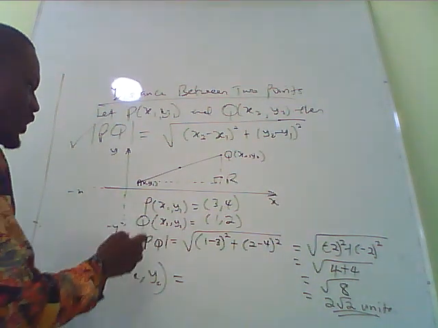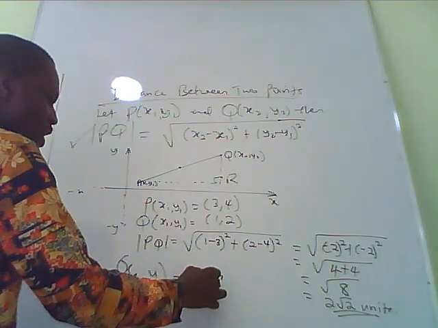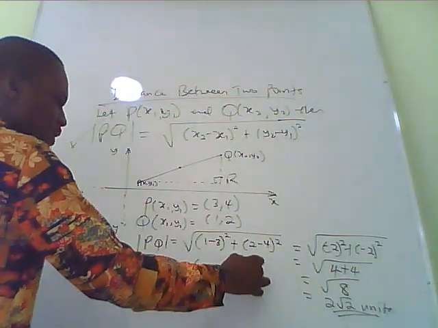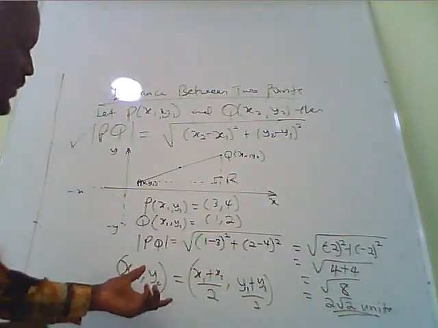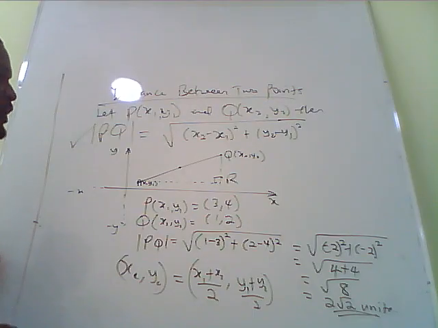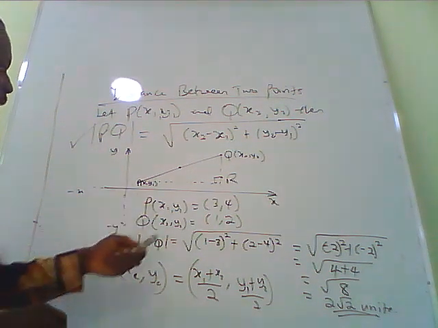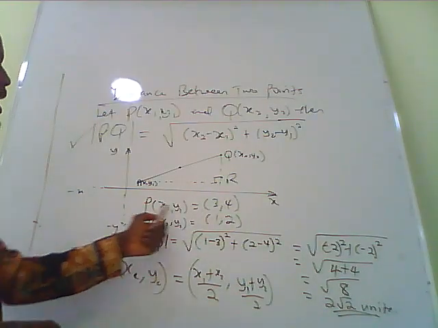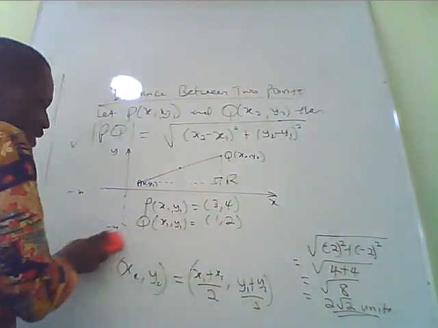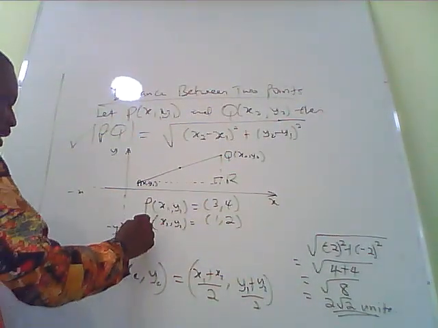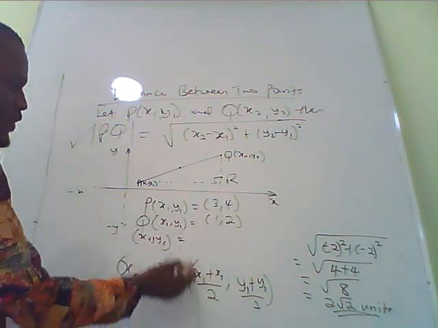So in that case, we're going to sum x1 and x2. We're going to have x1 plus x2 all divided by 2, y1 plus y2 all divided by 2. So this is the standard formula for the midpoint between 2 points. Obviously, if we take your P as 3, 4 and you take your Q as 1, 2, you can actually find the midpoint. The midpoint is going to give us xc and yc, which is actually equal to